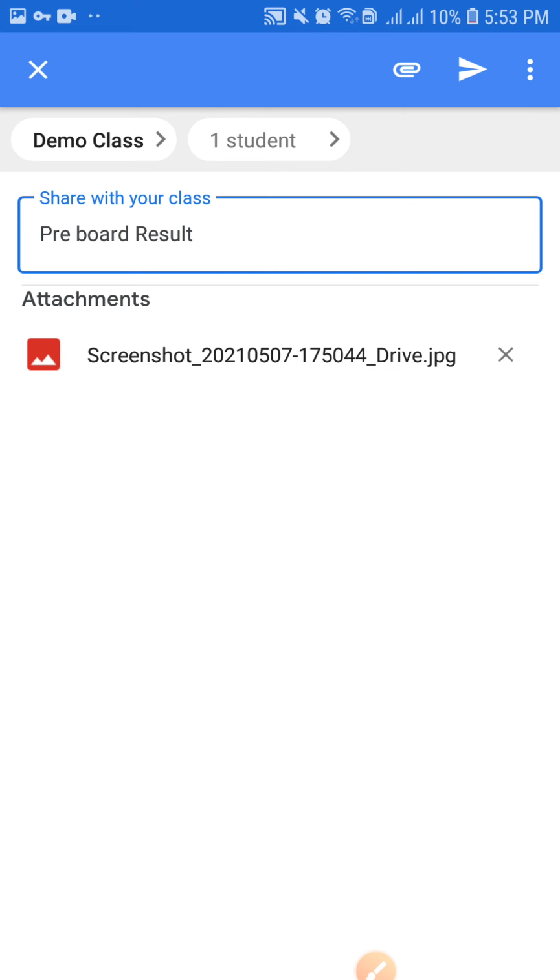By using the schedule option, you can share the file with the individual students right now as well, so that you don't have to upload the file at 9 o'clock tomorrow. It will be difficult to upload 30 to 40 files at the same time at 9 o'clock. It will take around half an hour for you. So it's better that you schedule the result today.